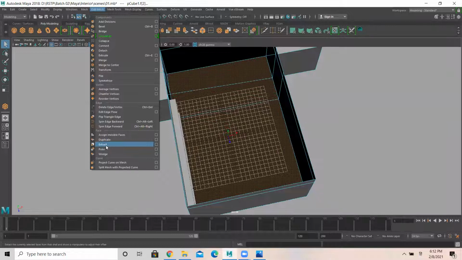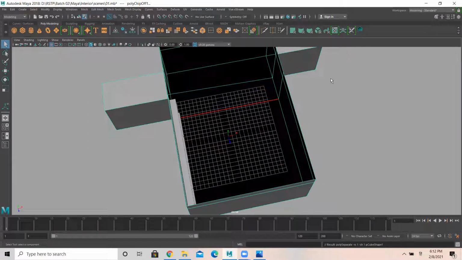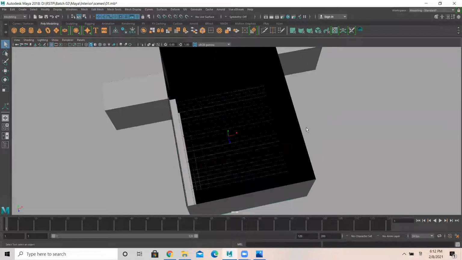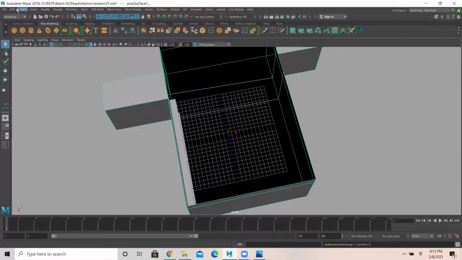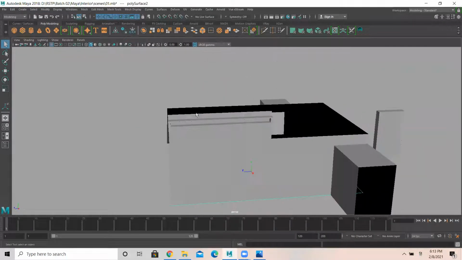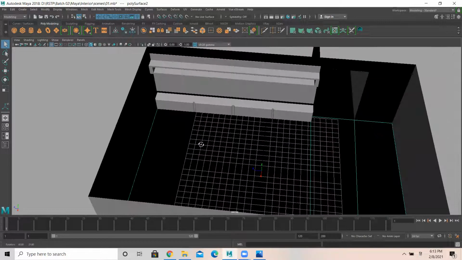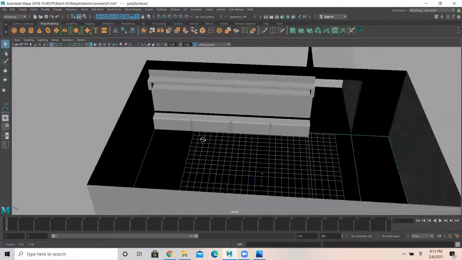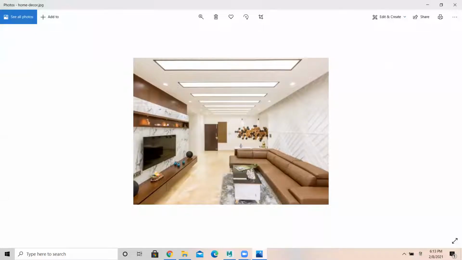See, in edit mesh, extract option is there here in the bottom. Click on extract. That means you get that particular object separately. Okay, so I select this, edit, delete by type history, modify, center pivot. So you got this particular object separately. Okay. So we can start applying some textures and all. We'll do that separately.